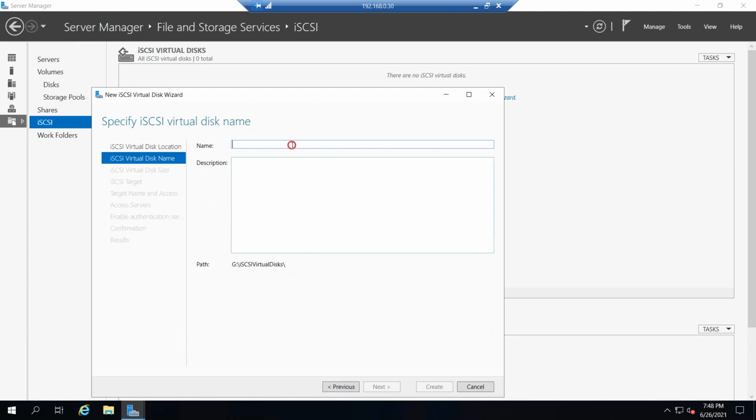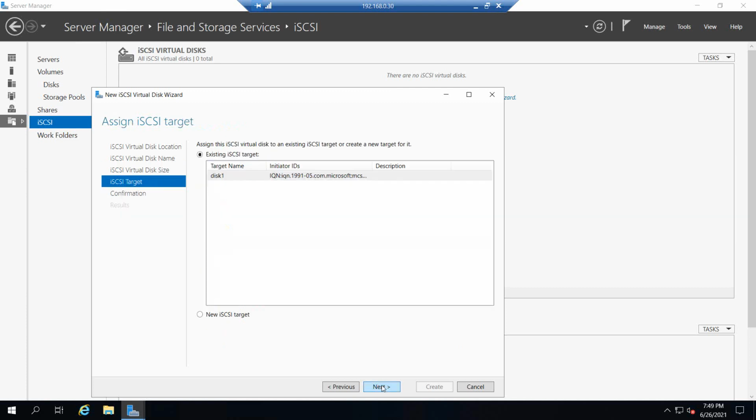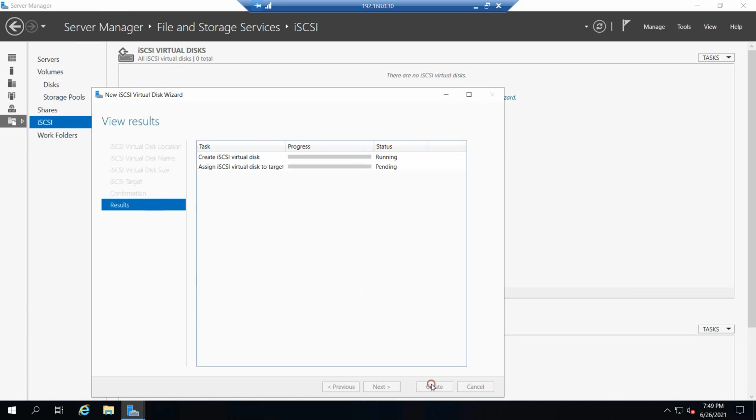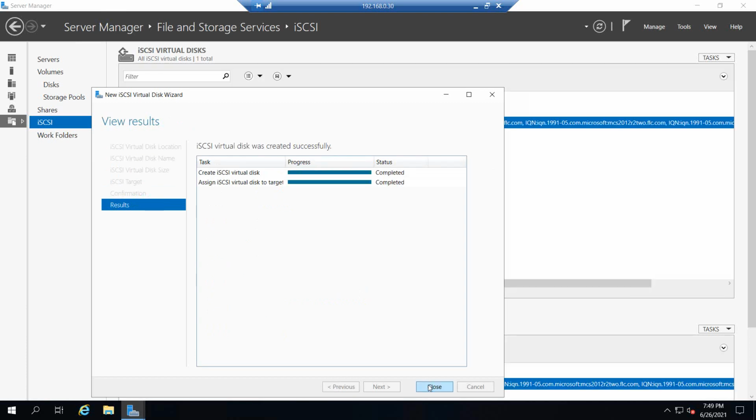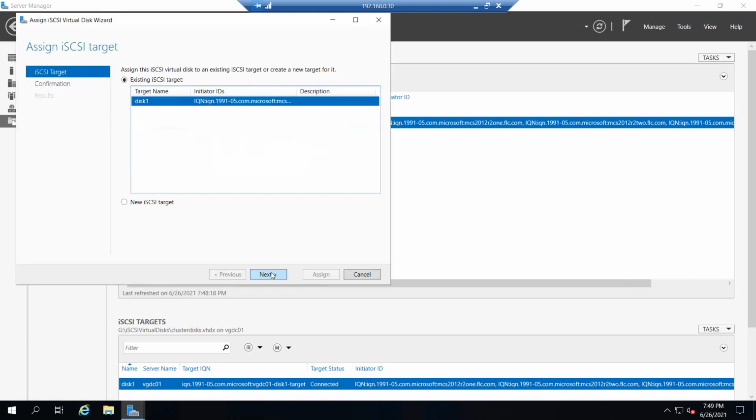Go to iSCSI now, create a new iSCSI disk and select the disk. Click next, give some name, click next and assign the storage size. Everything default. Next, create. So this is created. I'm adding the next disk also.